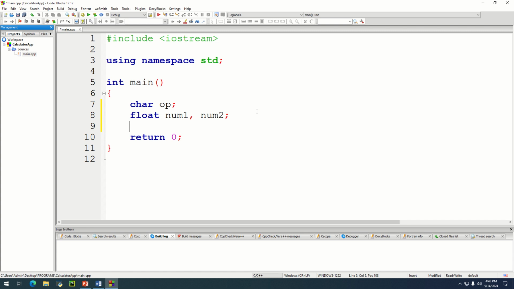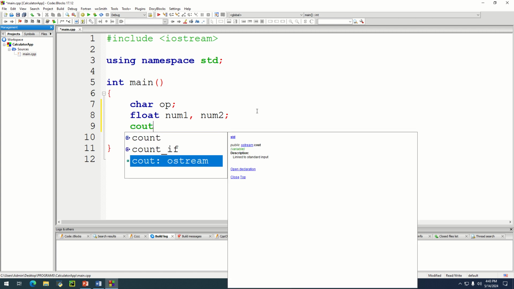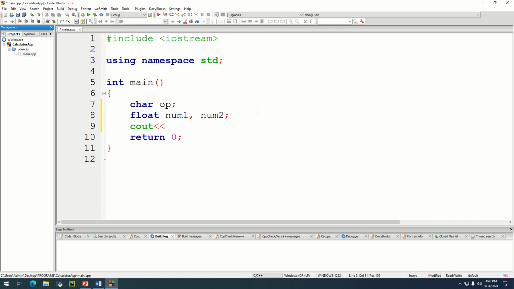All right, so now let's prompt the user to enter any of the operands that he wants to work with. To do that, I'm going to print out a text. So this is going to be cout, and I'll tell the user, please enter operator. We want to prompt the user to enter operators, right? So give him samples with this. We have plus, we have minus,